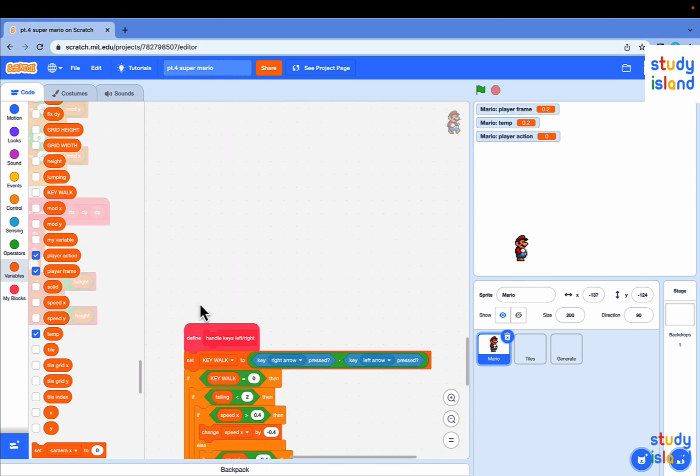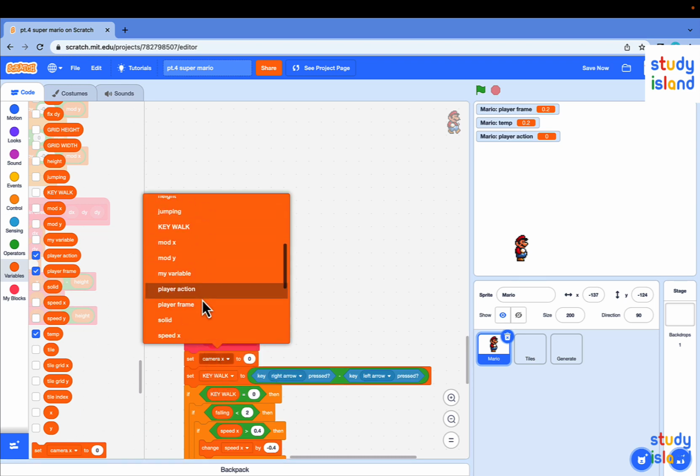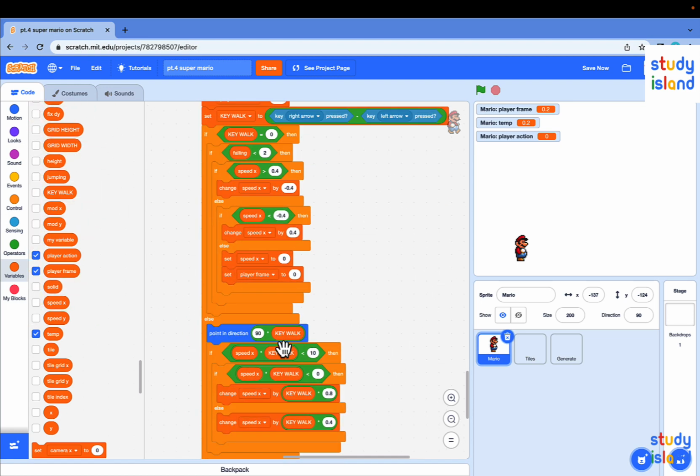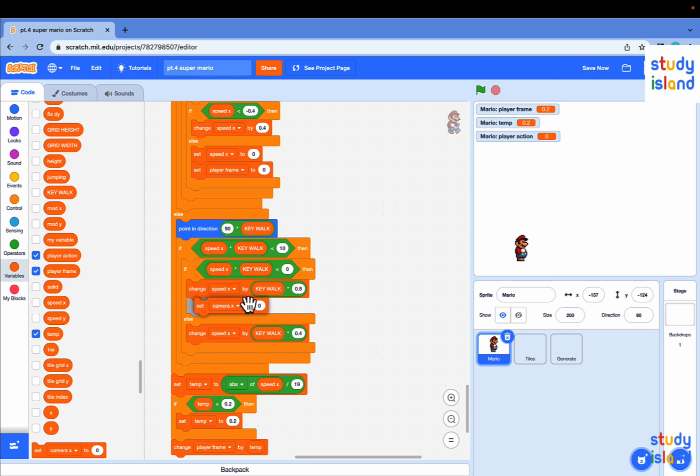And at the top, put a set player action to walk. And in the if speed x multiplied by key walk less than 0, set player action to turn. Now if we test